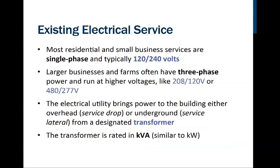conservation and efficiency. So most residential and small business services are referred to as single phase. Most of them have a 240 volt input, which gets divided into 120 volts for most of the loads in a residence. Most residences also have 1 or 2 240 volt loads. Now, your larger businesses and farms, it's not uncommon to have 3-phase power and also to run at higher voltages. So those voltages would be either 208 volts, which can be divided off into 120 volt circuits, or we could then have 480 volts, which could be divided down to 277 and further divided down to derive the 120